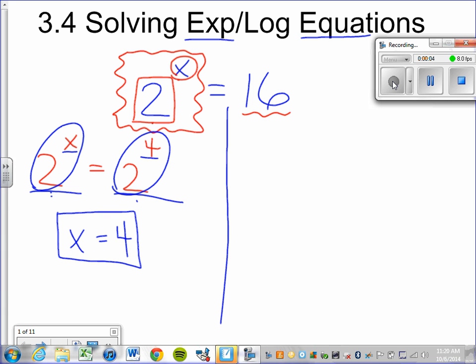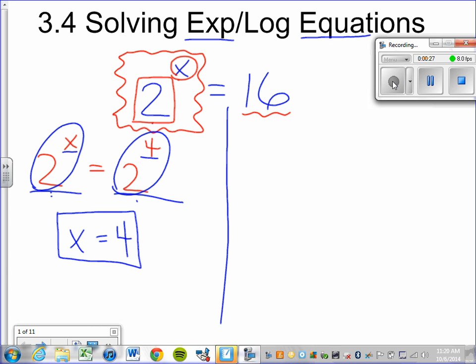Okay, so as I said in the previous video, there are two approaches to take for solving exponential equations. I've shown you the one here on the left where we try to write both sides of the equation as powers with the same base. The other approach, and the approach that will work every single time you try it, is to use logarithms